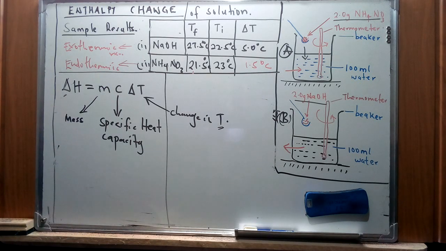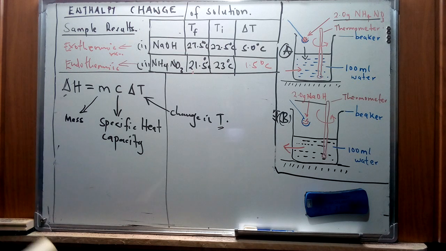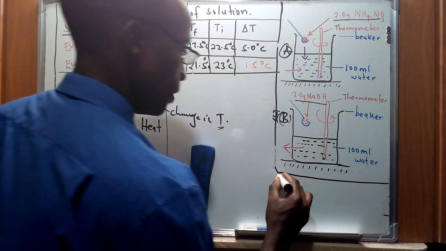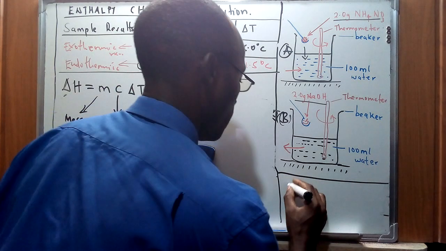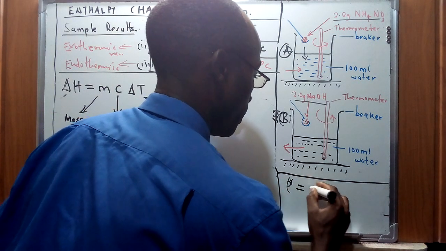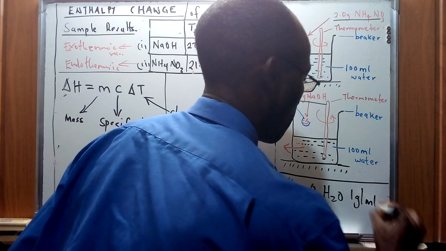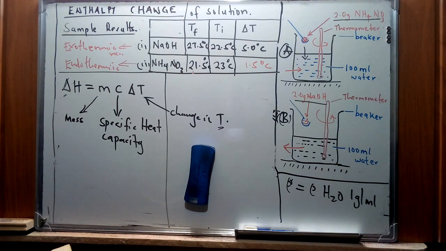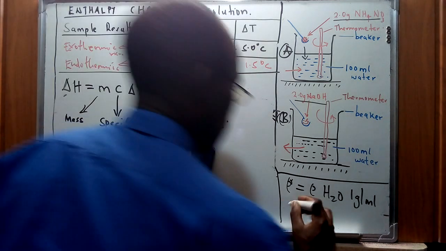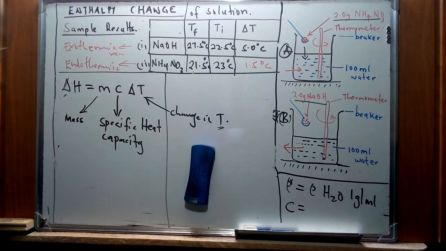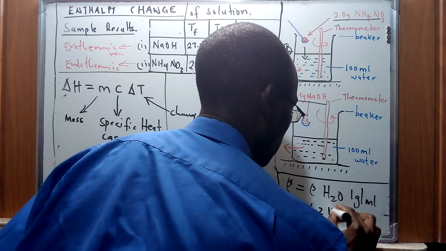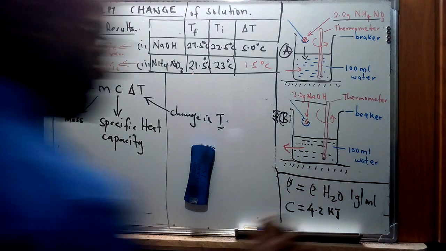Now in this case, to calculate the enthalpy in part 2 of our sample experiments, we're going to assume that the density of the solution is equivalent to the density of water. So I'm just going to write that condition here. The density of that particular solution is the density of water, which is 1 gram per milliliter, or 1 gram per centimeter cubed. And the specific heat capacity for water, which is C, is given as 4.2 kilojoules per kilogram